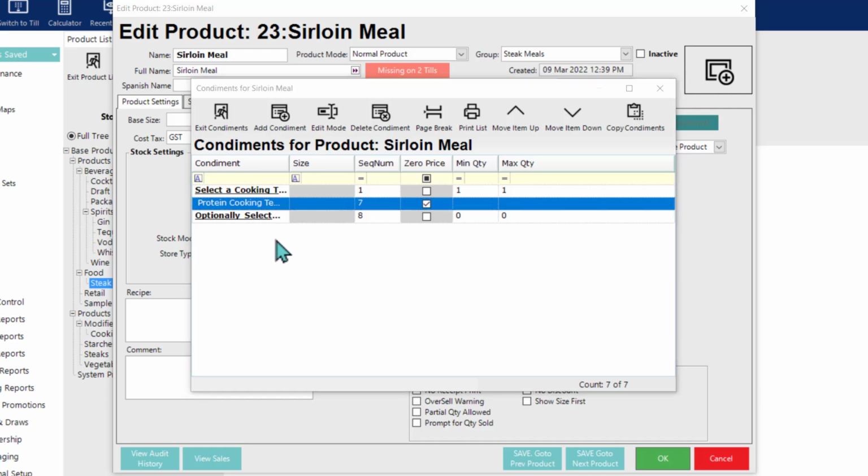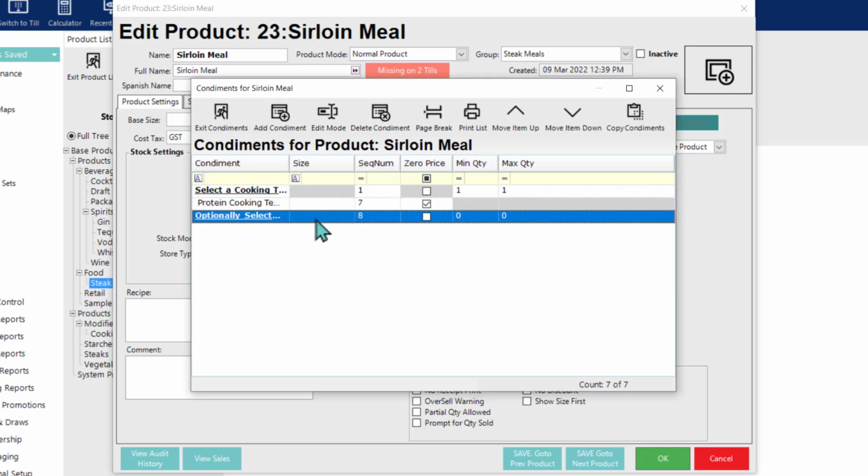Cool, so we have our second page here, and I've mentioned a few times now that we can add normal products as condiments as well. So for our example here, we'll add some to this second page under this page break. We will add the starch options that I've mentioned earlier that I added to the database, added those product records